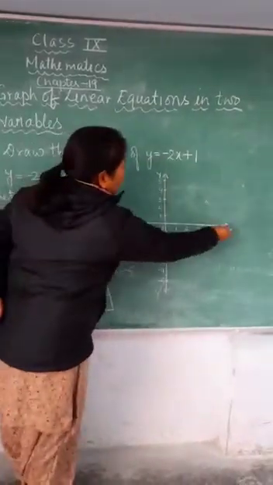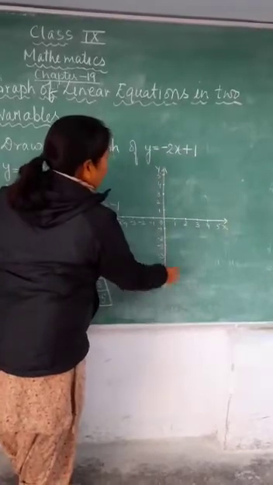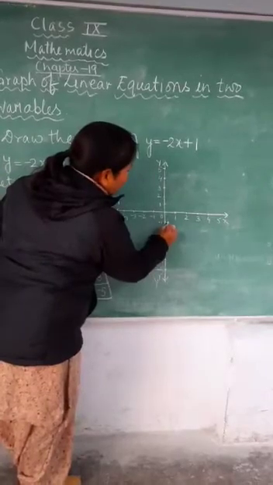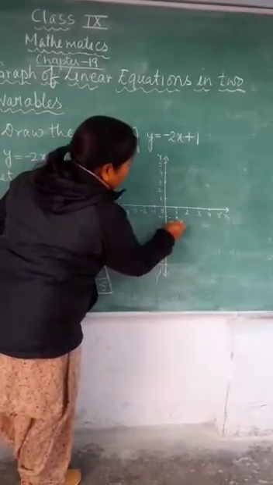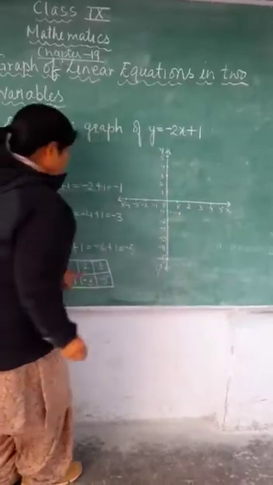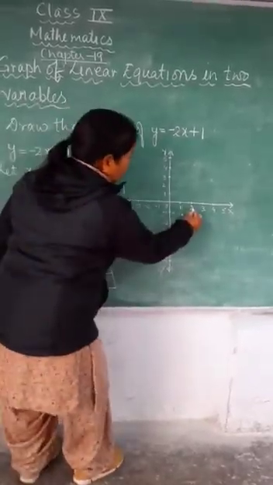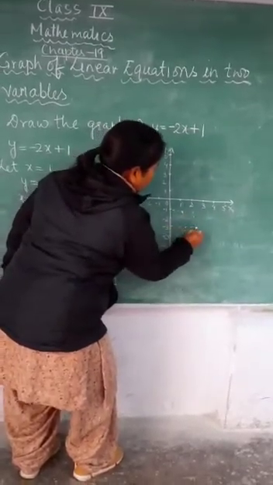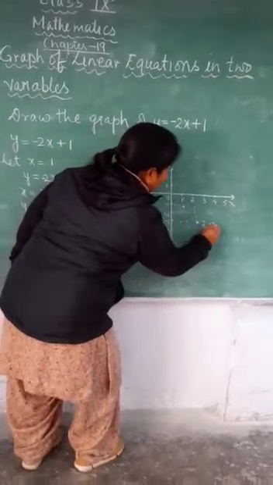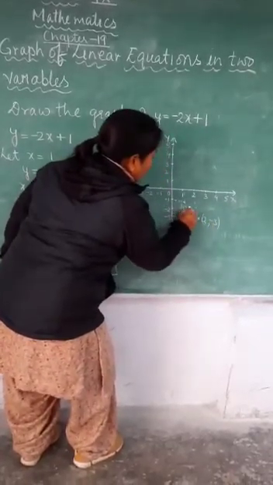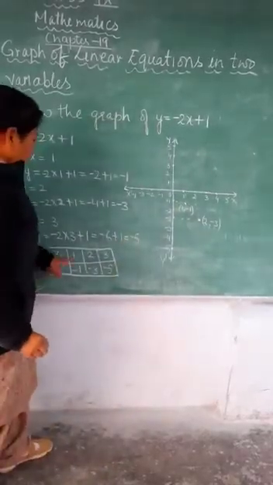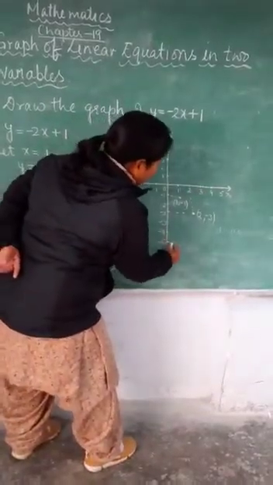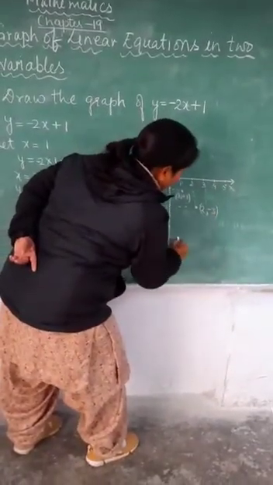So x equals 1, y equals minus 1. This is the x axis and the vertical line is the y axis. So x equals 1 is here, y equals minus 1, so the point will be here. 1 and minus 1. And the next point is 2 and minus 3. x equals 2, y equals minus 3. The point will be here. This point is 2 and minus 3 and this point is 1 and minus 1. And when x equals 3, y equals minus 5, x equals 3 is here and y equals minus 5 is here. So the point will be over here.